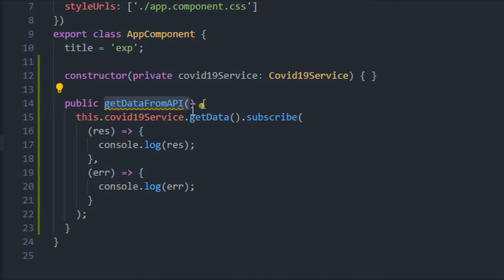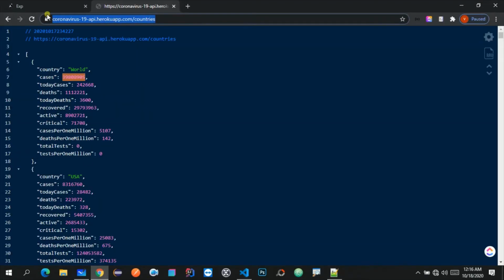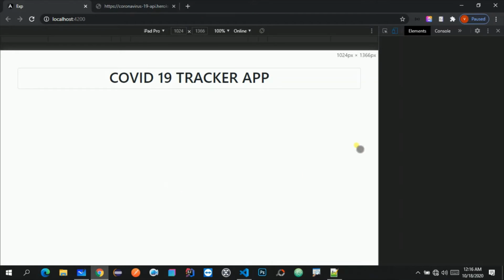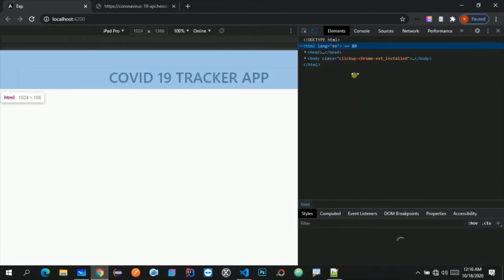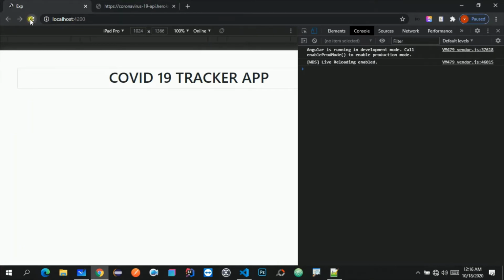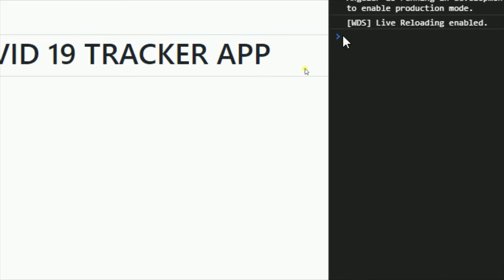So first of all let me go to the browser and show you what is happening, and for that let me open the console so that we will get some idea of what is happening behind the scenes. Let me go to the console over here and refresh this app, and as you can see I just refreshed the app, but I'm not able to get any data into the console.